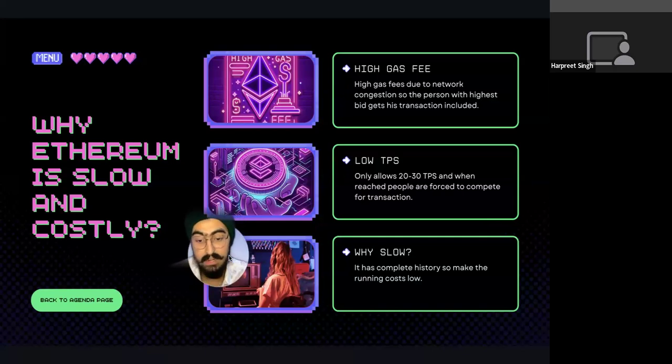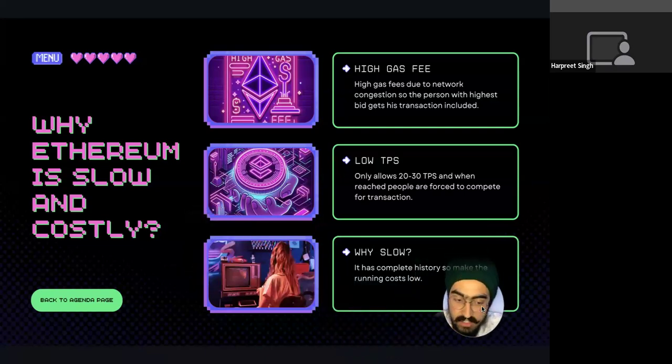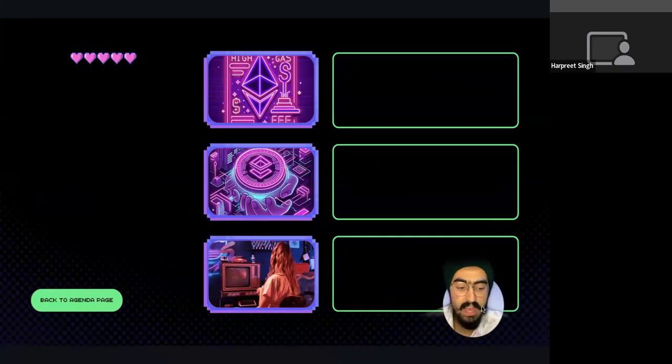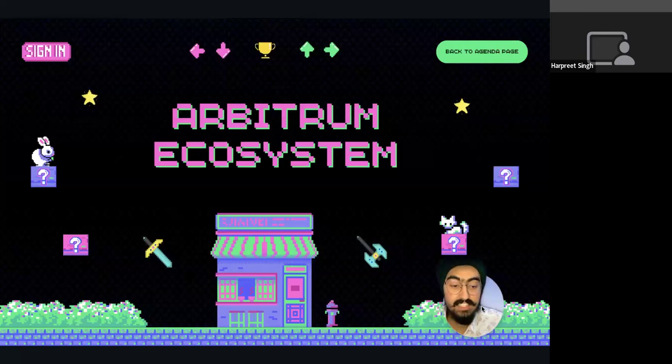Whenever there are more transactions than that, the price of transactions goes up through the bidding process, which I'm very sure you have been introduced to through these 2 days. So that's the reason: due to the very high gas fee, low transactions per second, and being very slow,